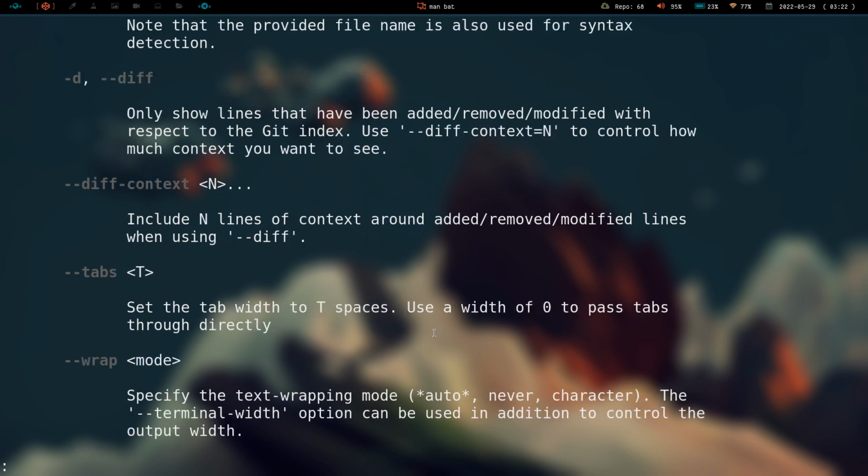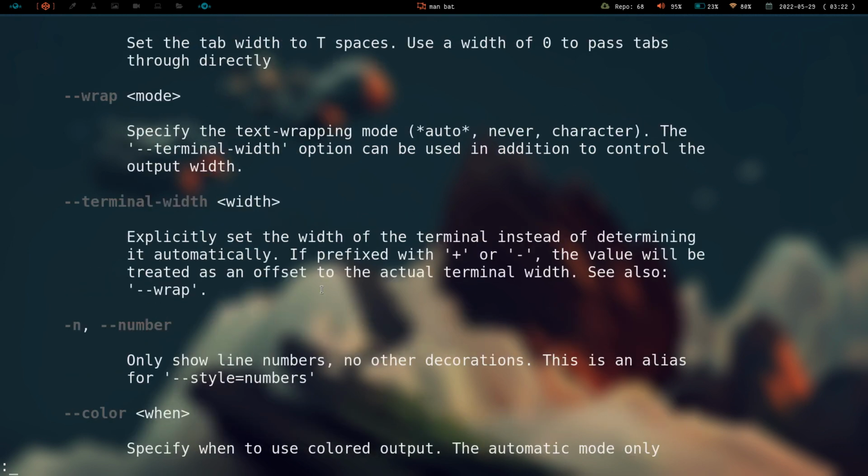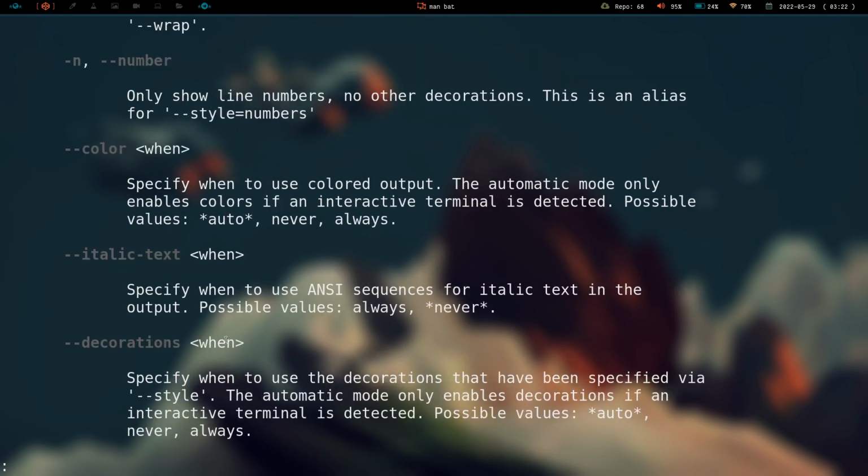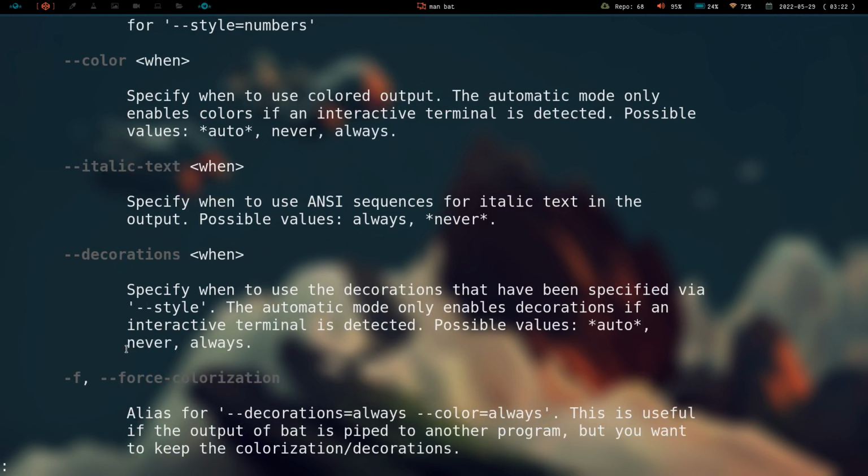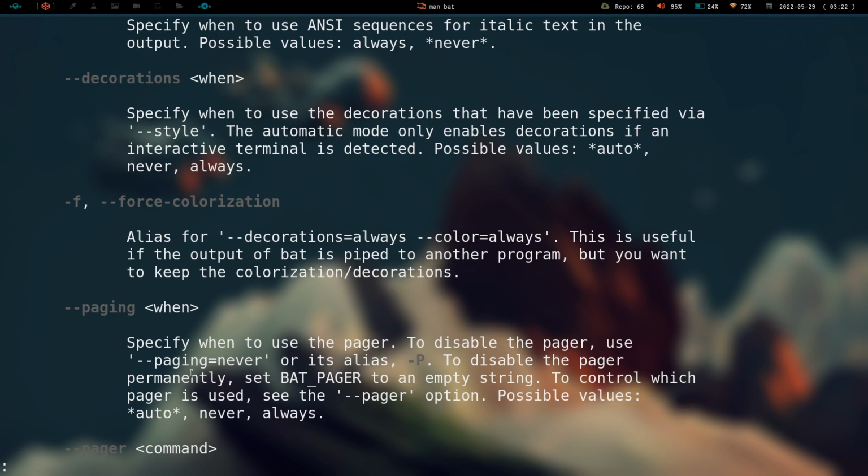So it'll give you context around the lines. You can set width to T spaces, so you can do tabbed. Wrap mode, you have terminal width, you have number to only show line numbers and no other decorations, you have colors to specify when to use colors, so you can do automatic or you can do never or always. You can do italics, you can do decorations, specify when to use decorations, always or never or auto, force colorization,